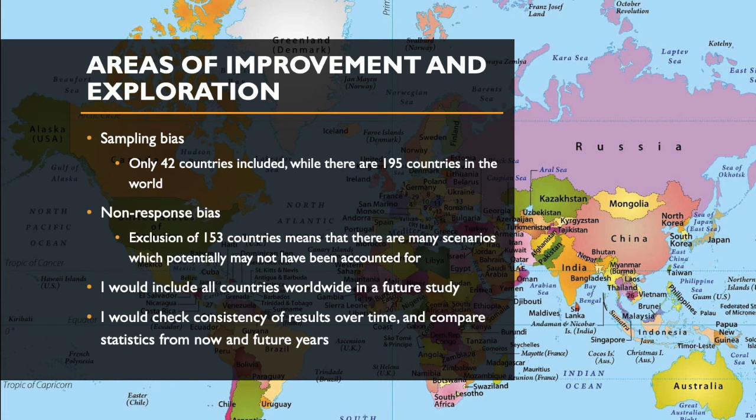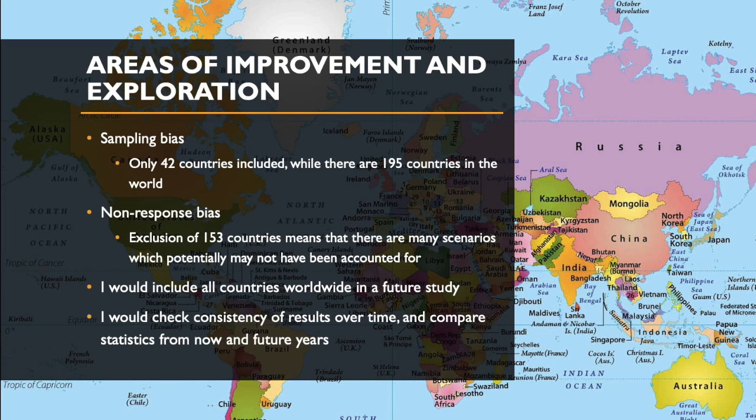Although the conclusions drawn here are a good means of raising further discussion on the topics being examined, there are some areas of improvement that could be made with the study. There's bias in the nature of the data being analyzed. Although the measurement tool itself is not flawed, as the data is all unbiased statistics from reputable databases, there is some sampling bias present. As the data only looks at 42 countries, there are biases in that although the conclusions may be true for the countries being analyzed, including the data for the other 153 countries in the world may